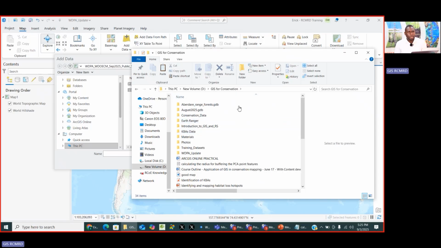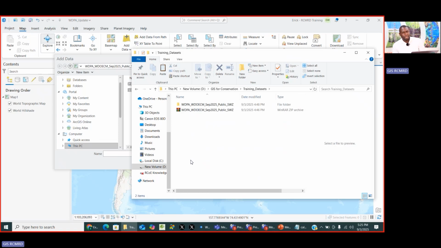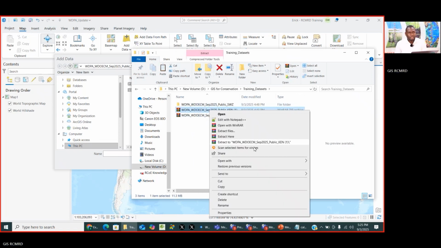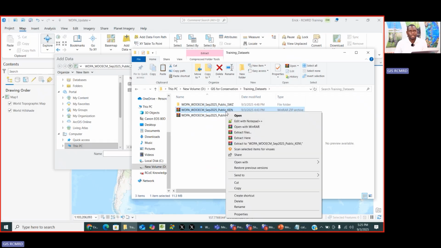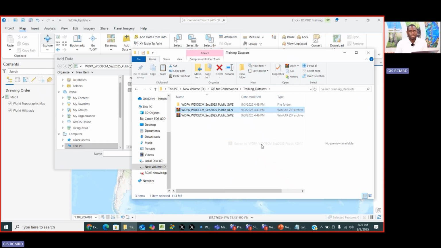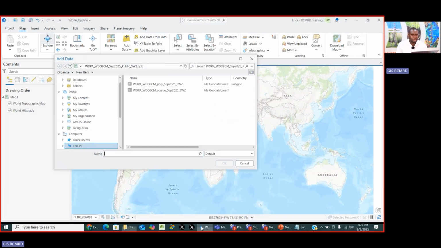I'll paste it somewhere here, under the datasets, training datasets, and just first rename and remove the one in front of it. And then I can extract to that. So I have data for Kenya, so I'll switch back to the